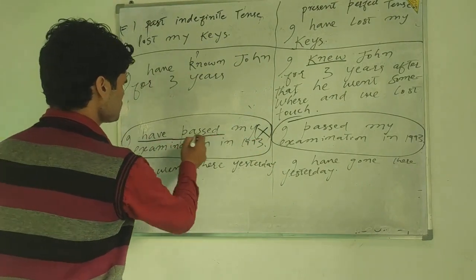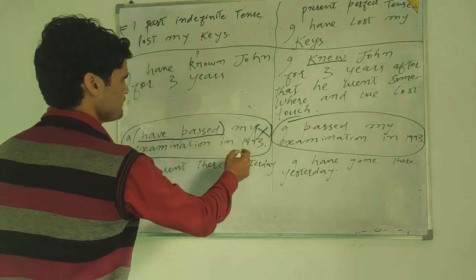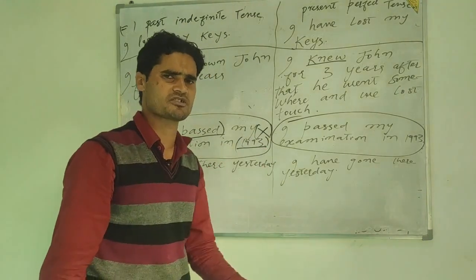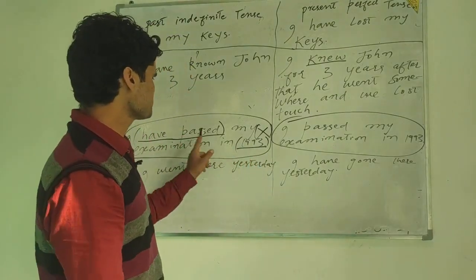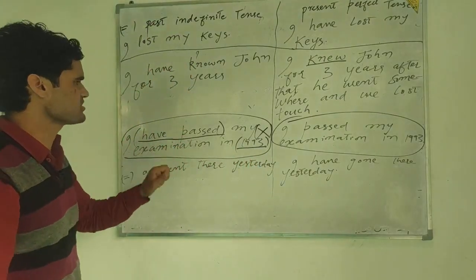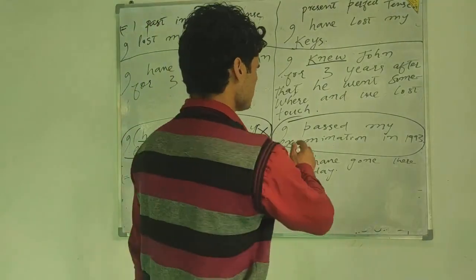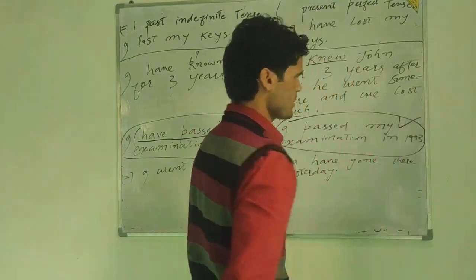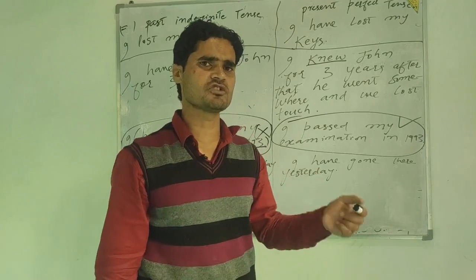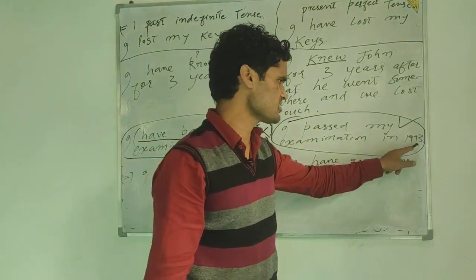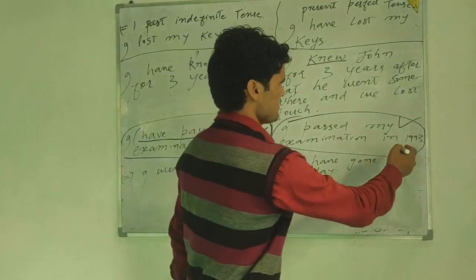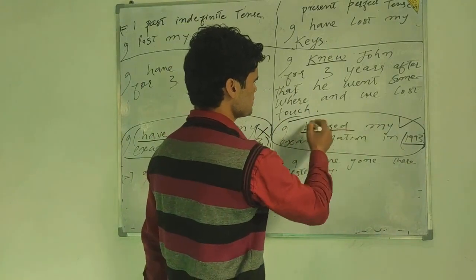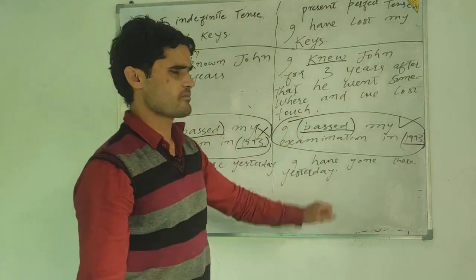As you see, I have used the formula of present perfect tense with the time expression 1993 because it is the finished period. It has gone by. It has already ended. That is why this sentence is grammatically incorrect. Now look at here. I passed my examination in 1993. It is 100% correct because the finished time period is always used with past indefinite tense. Here it is in accordance with that rule. 1993, it is the finished time. That is why here I have used the past form of verb.